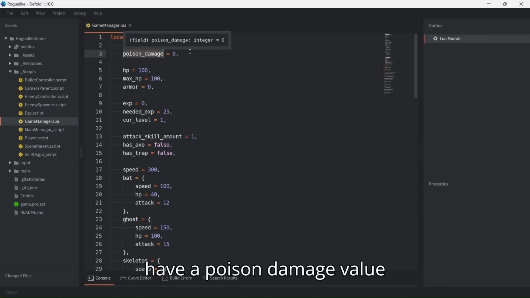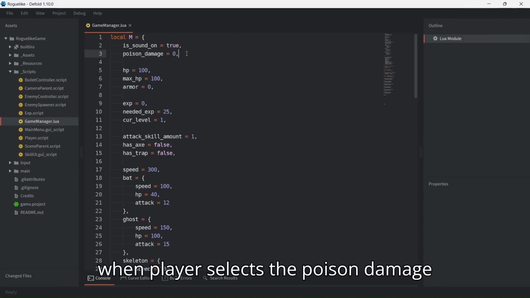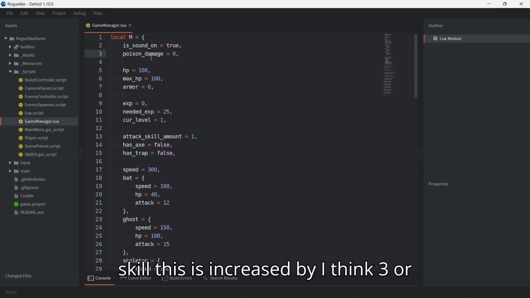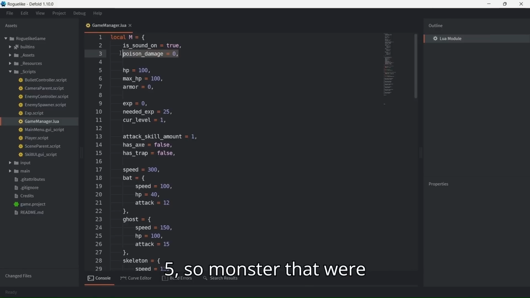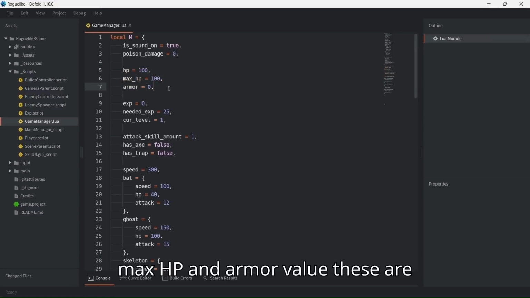We have a poison damage value. When the player selects the poison damage skill, this is increased by, I think, 3 or 5. So monsters that were hit once start getting poison damage. We have an HP, max HP, and armor value. These are values of the player, and